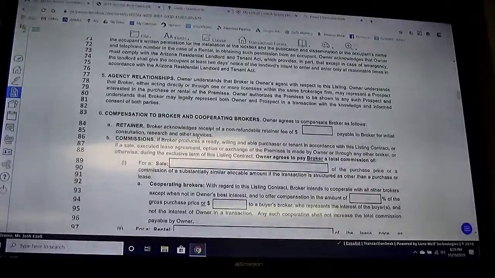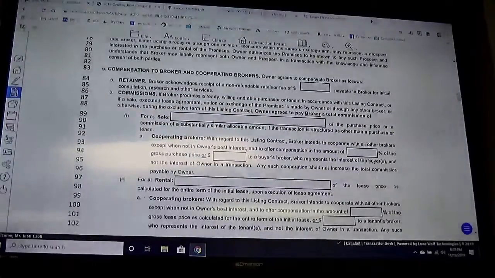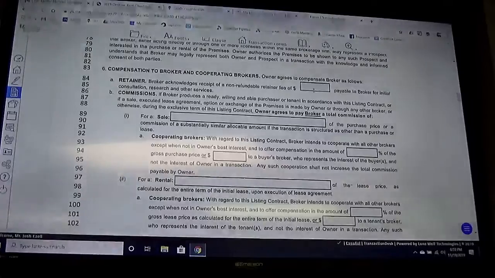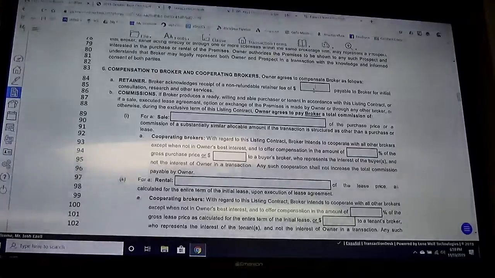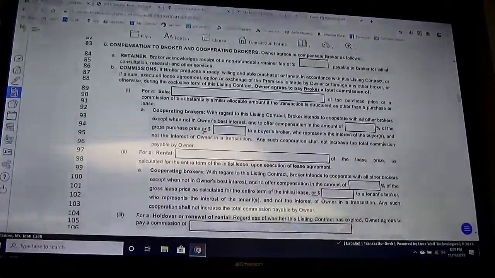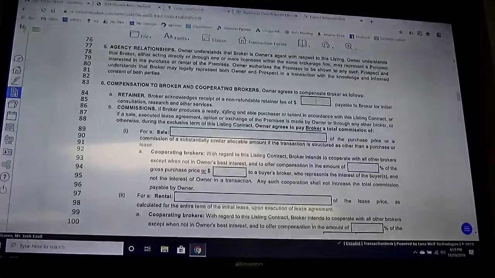Now, here comes the best part. I know one agent that does have a retainer. It works for her. I've never taken a retainer. Has anybody? So, one of the things that they could do here, and where is it? It was